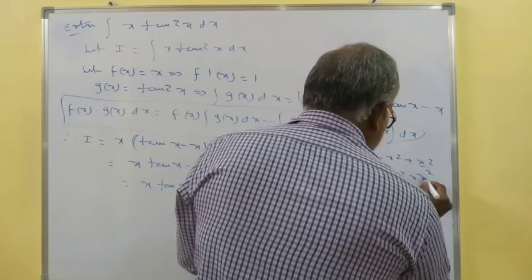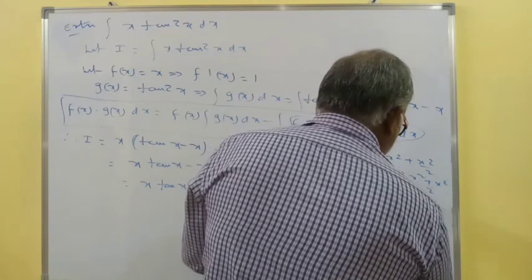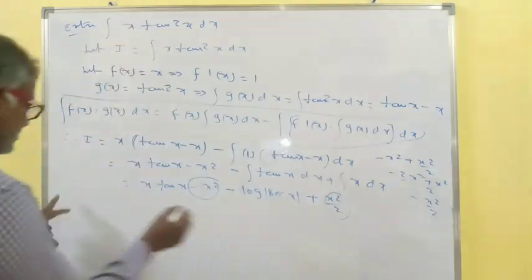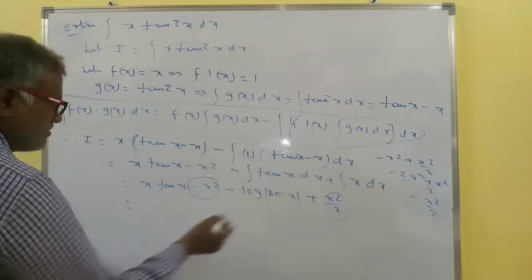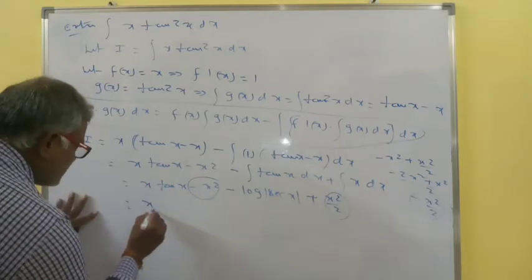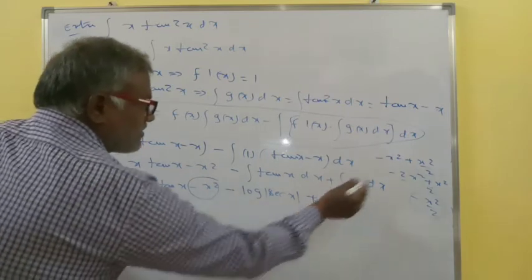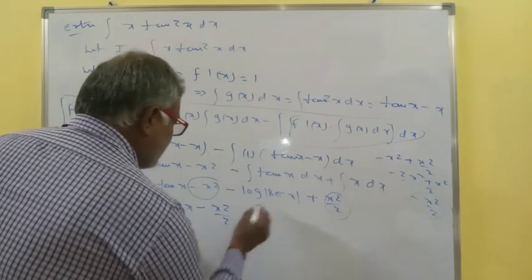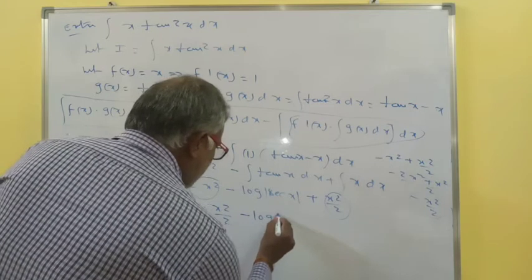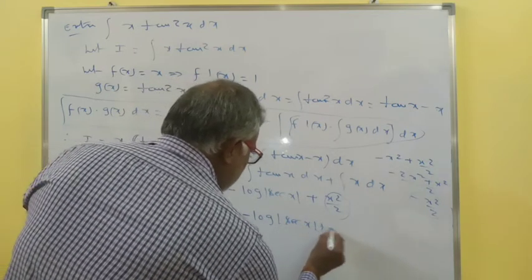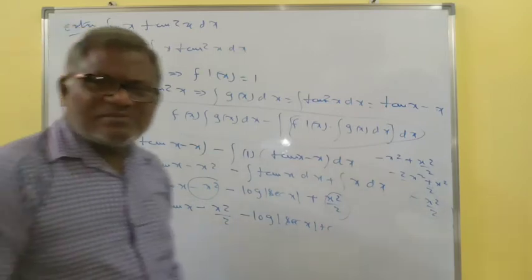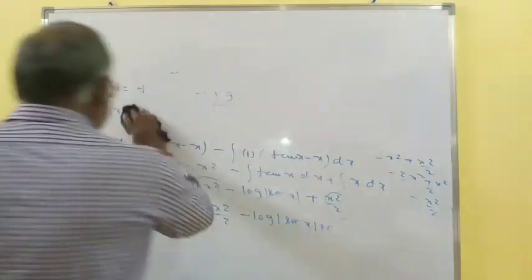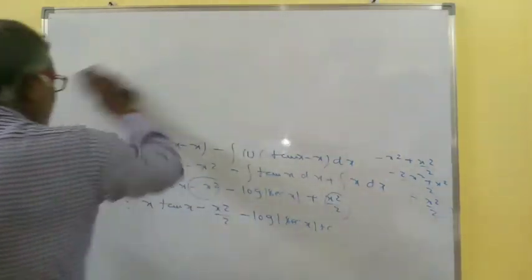That means minus 2x square plus x square by 2, that means finally minus x square by 2. In the previous one also, plus x square is there. So here x tan x, finally for this one minus x square by 2, here minus log modulus secant x. Just you have to simplify this one. In the previous one also, simplification is not given in the final step. You should write the final step in the final one.